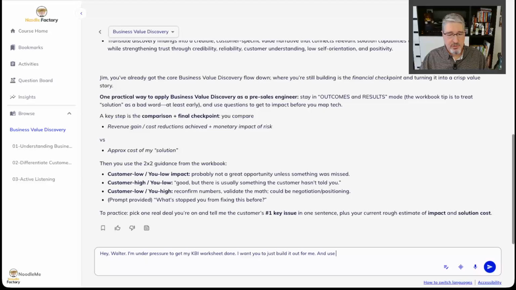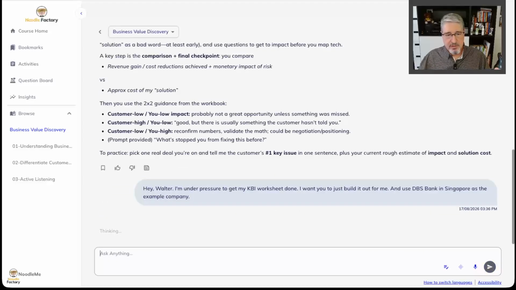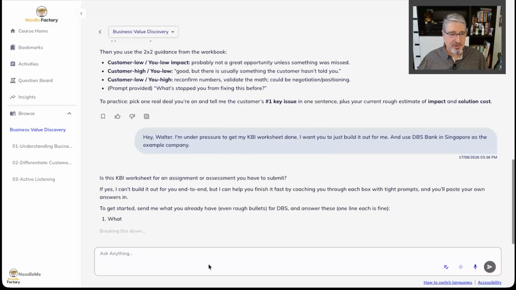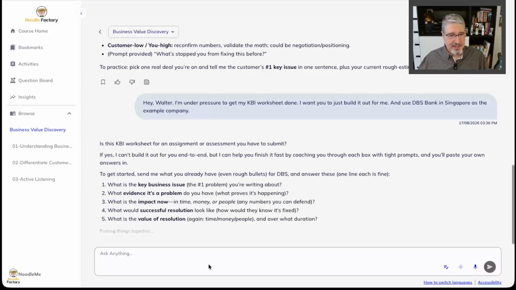And use DBS Bank in Singapore as the example company. Let me hit enter. Now let's see if Walter does what Walter is supposed to, because what's supposed to happen is exactly that.